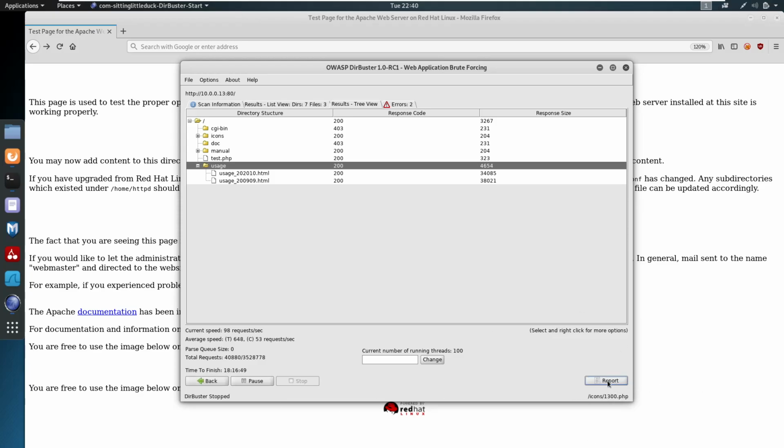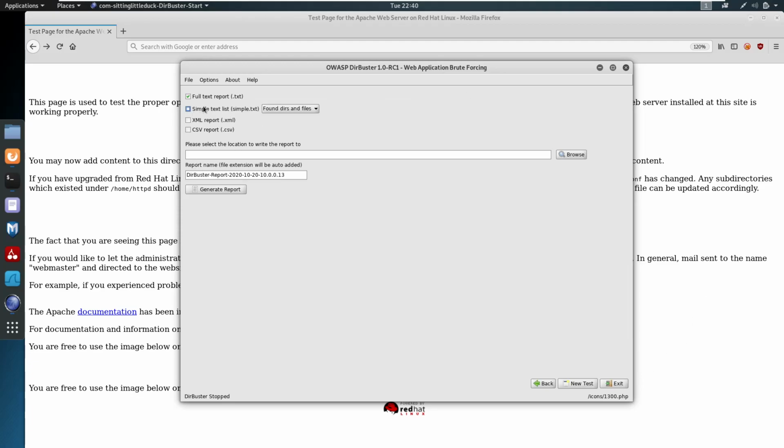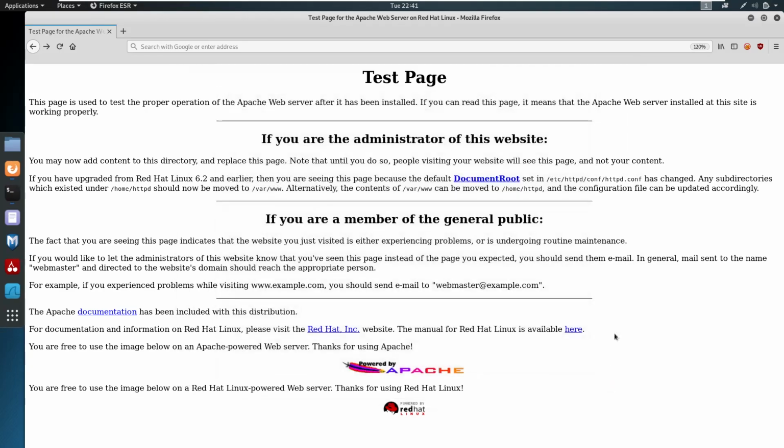Here you can also get a report. If you click on report, you can look into the format that you want to print the output in, because you can use it for further purposes. Let me exit. And the third thing you need to do after